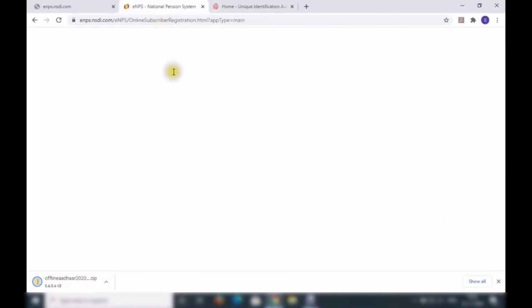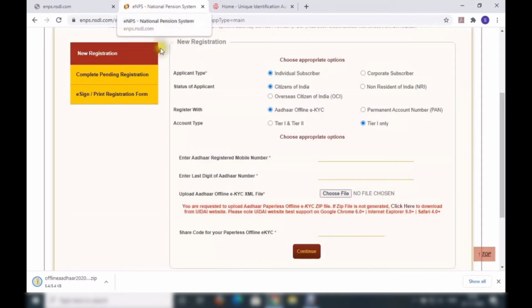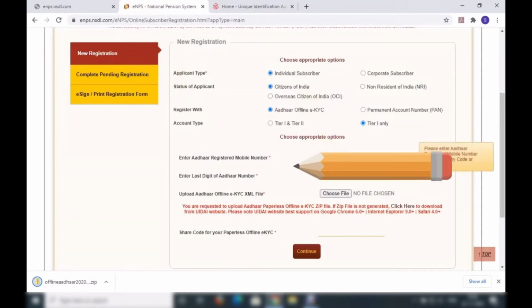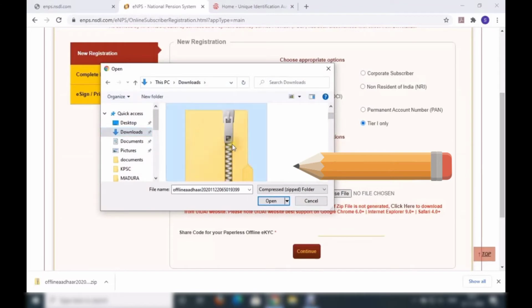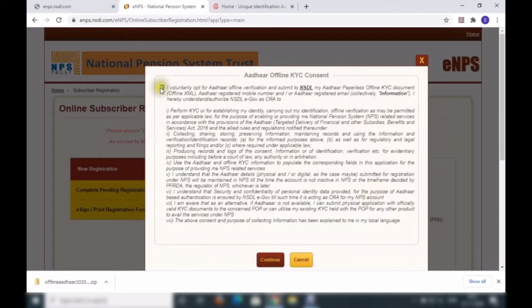Then come back to the eNPS website and enter all the details: your mobile number, last digits of the Aadhaar number, and choose the file which you have just downloaded and upload it. After that, share the code and click on confirm.